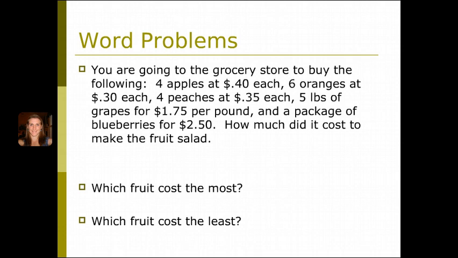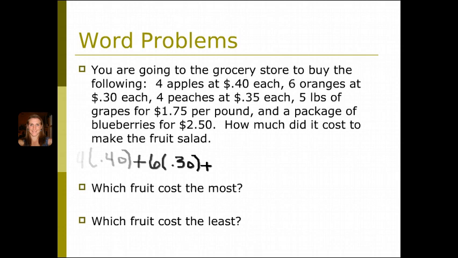Well, think about this. If you're buying all of this fruit, are you going to be adding the cost of all the fruit to get your total cost? Absolutely. However, you see in the problem that there are other operations that we need to do. Each, per. Those are multiplication. So our problem is going to be set up 4 times 0.40 because we're multiplying our number of apples and the cost, plus 6 times 0.30